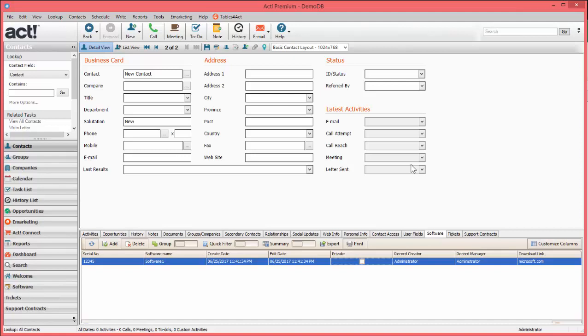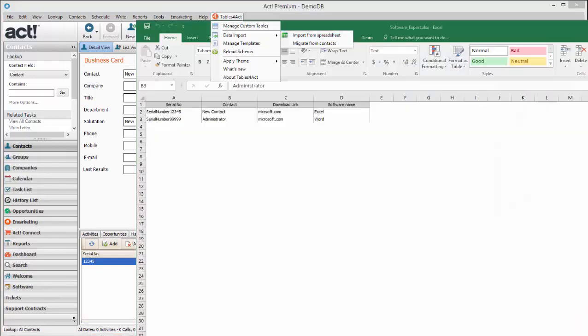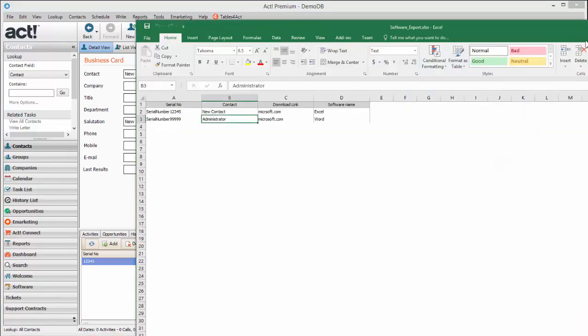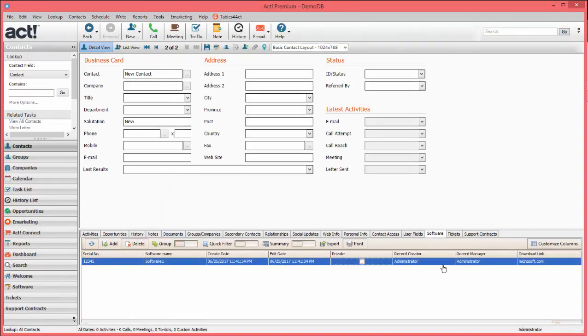To import data from an Excel or a spreadsheet file, click on Tables4Act, Data Import, and Import from Spreadsheet. I've already created a sample spreadsheet with a couple of records that we will use to import into our software table. So let's go back into the importer